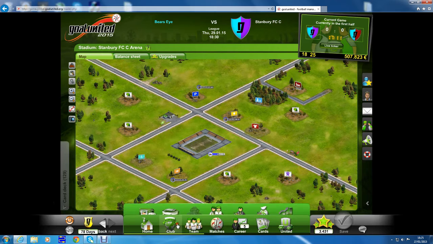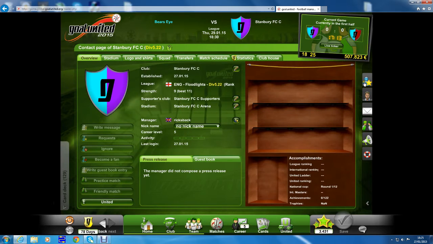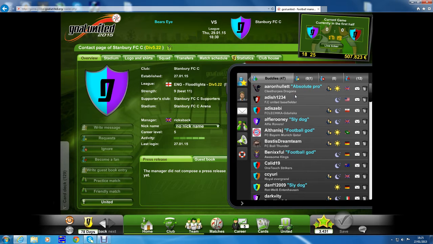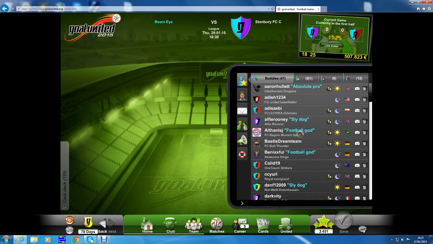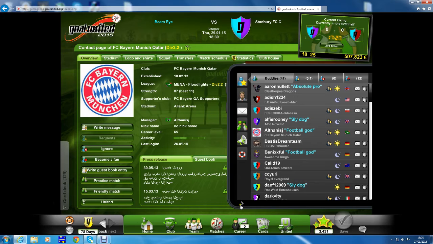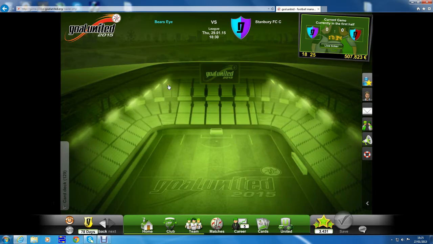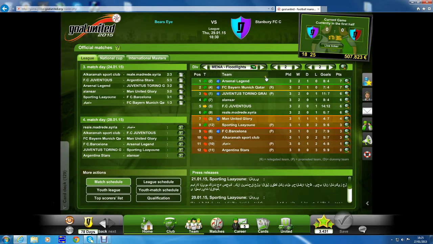Well, not totally stop, but I just want to run down the buddies list. Let's quickly go through the buddies list here. As we do, the next 4 teams, we're left off at Alfie Rovers, so FC Bayern Munich, Qatar. 87 in strength. Congratulations. Pretty big team now. Let's have a quick look. If we just look at your